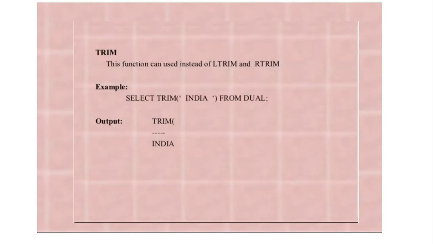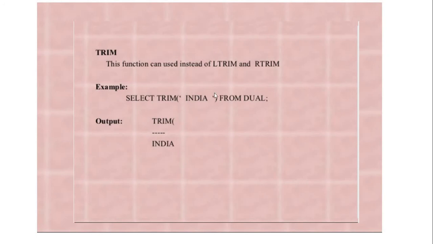If we want to trim a string by specifying some value, then it will be useful to use the trim function, which will look for the occurrence of the substring anywhere in the string, and then trim that string.